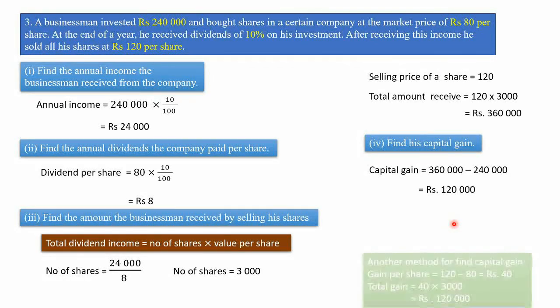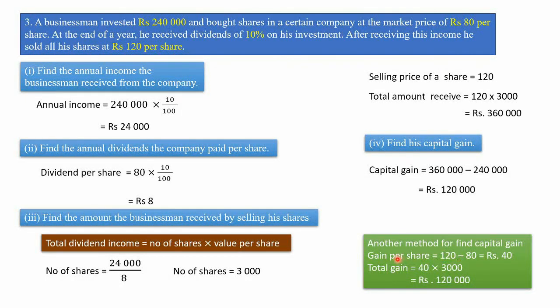You can use an alternate method to find the capital gain by using per share values. So the selling price per share is 120. The purchase price per share is 80. 120 minus 80, you can see here it is 40 rupees. 40 rupees is the gain per share. You know the gain per share is 40 rupees, and the number of shares is 3,000. 3,000 multiplied by 40, you can get the total